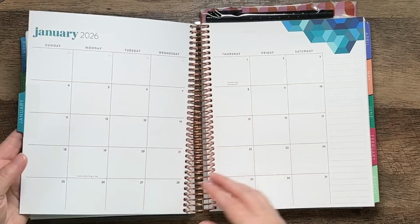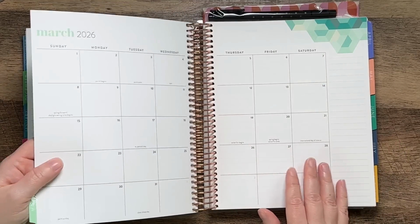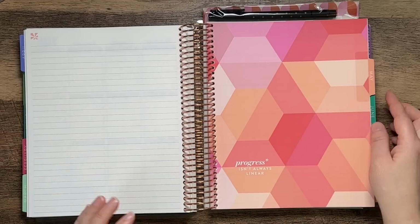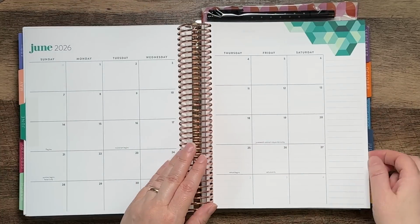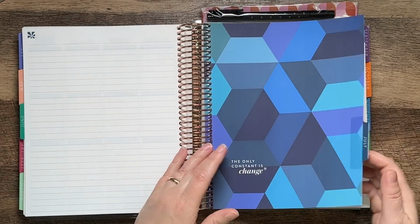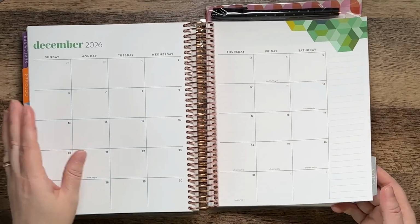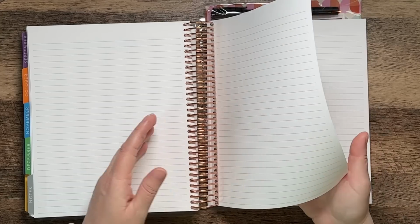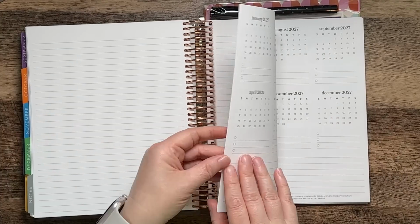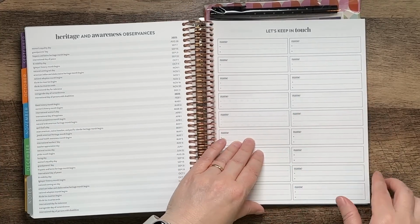January is very pretty, bright blue. February, then you have March, April, May, June, and then it does repeat with July through December for the 18-month calendar. And then you do have notes pages in the back. You have 10 notes pages in the back, and then you get to Heritage and Awareness Observances, Let's Keep in